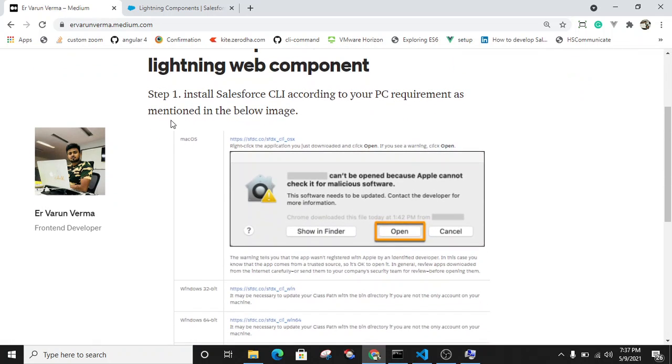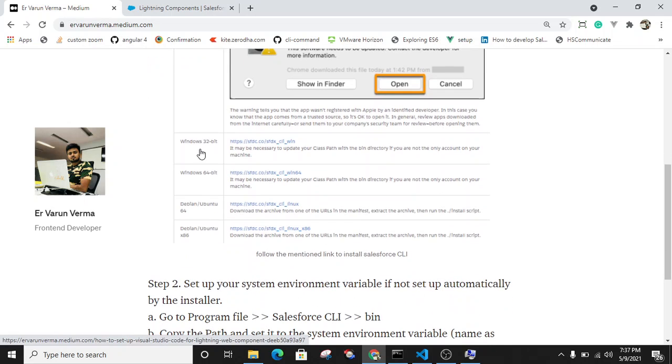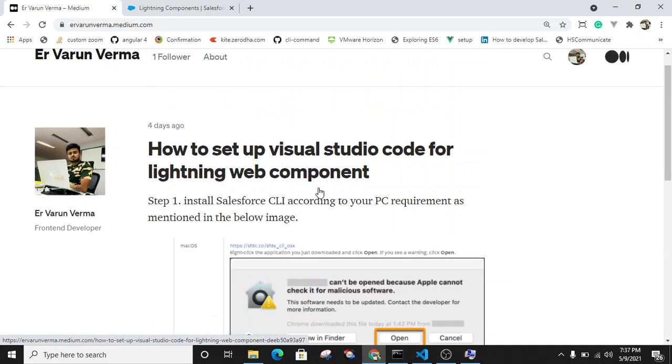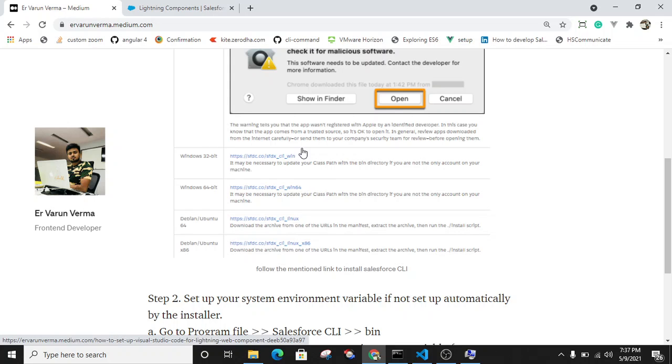Step 1 is to install the Salesforce CLI on your system. According to your PC requirement, like if you have a 32-bit system, Windows 64-bit, or a Linux system, you have to install the Salesforce CLI accordingly. Here is a link, you can go through it.